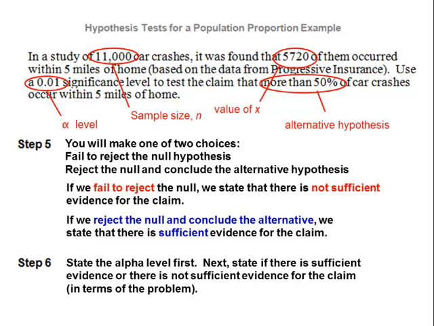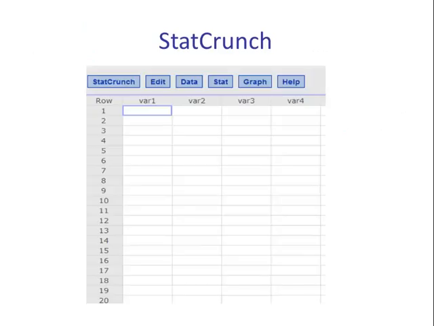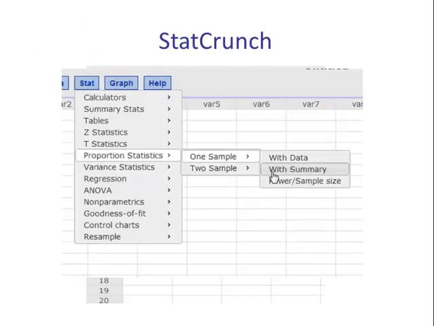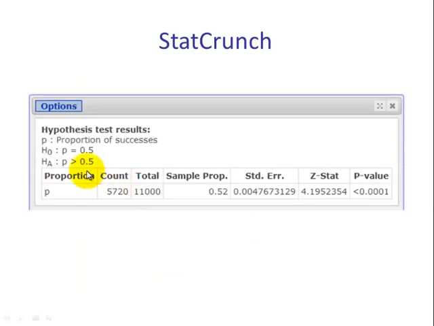So let's use technology to actually compute the test statistic and the p-value using StatCrunch. We go to Stat, Proportion Statistics, one sample with summary. We type in our X, type in N, we put the value of the null here, and then we choose greater than, less than, or not equal to. Then we hit compute. The output is given, and we can check to make sure our null and the alternative